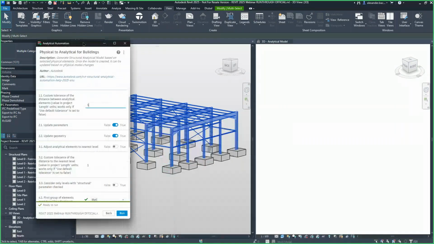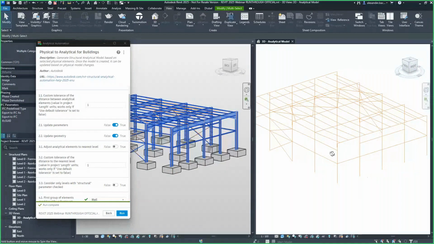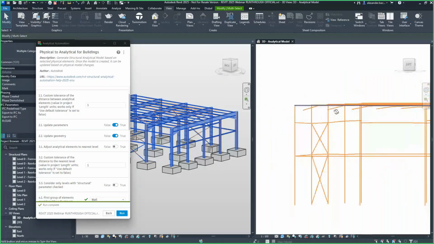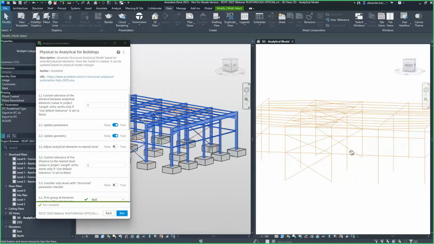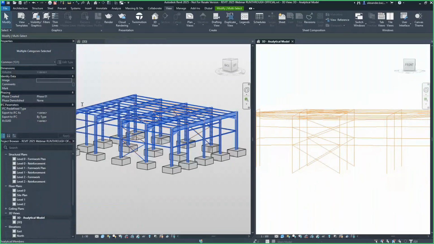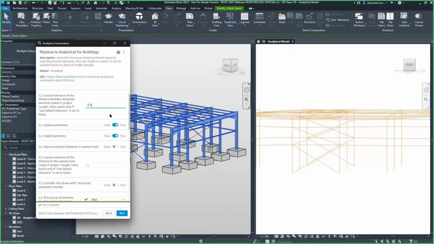And so let's run this to see what 1 foot looks like. And so you can see the analytical model based off that 1 foot tolerance has been generated. And you can see that my coupling members here connected to the beam because they're within that 1 foot. You can also notice some other members have also done the same. If we change this to something like 0.8 feet and run it,